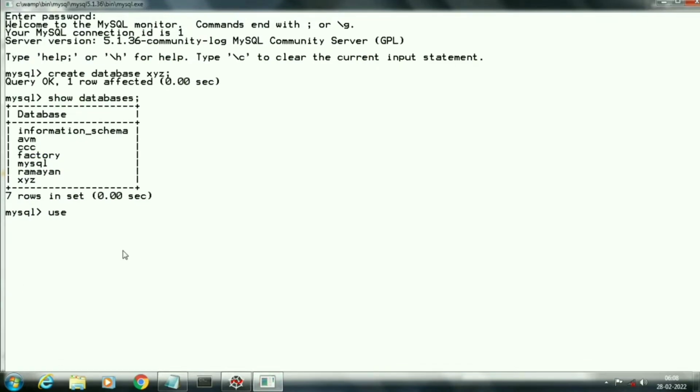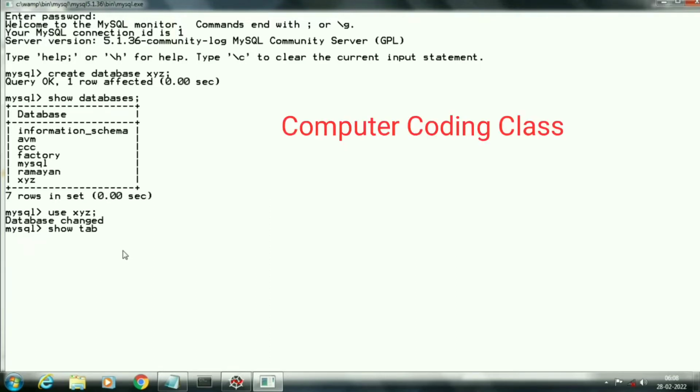Now we will verify our command in MySQL command prompt. We have entered in XYZ database. Now we are writing command to show tables.